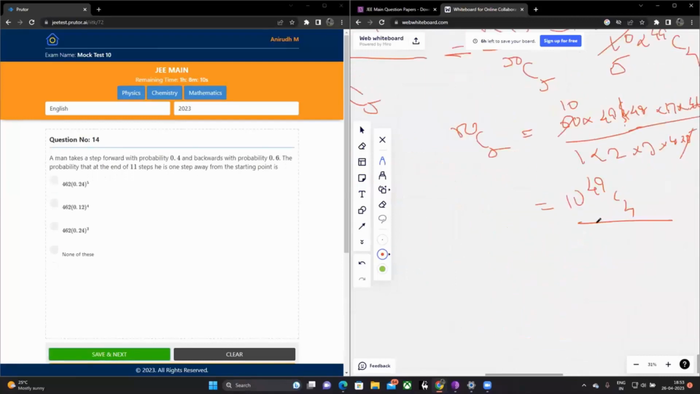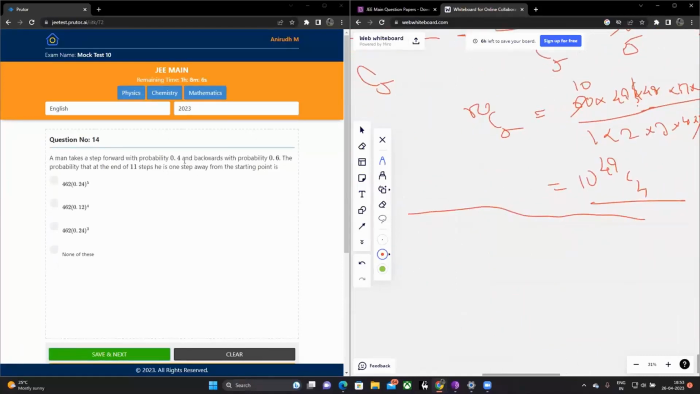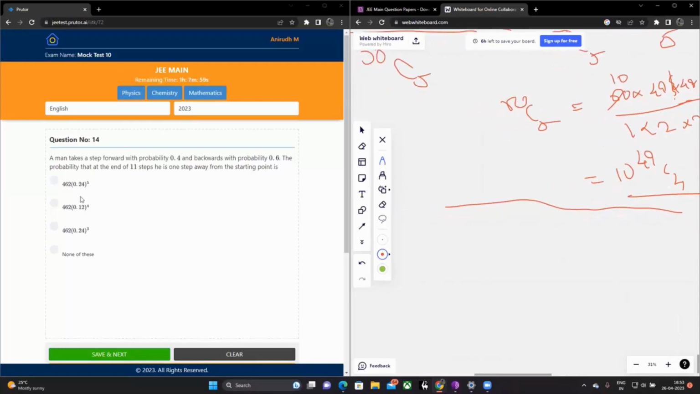This question number 14. A man takes a step forward with probability 0.4, backwards with probability 0.6. Probability that at the end of 11 steps he's 1 step away from the starting point is, right? So this, just an extra bit of knowledge. This situation is basically called a random walk, right? Where you can step forwards or backwards with some probability,